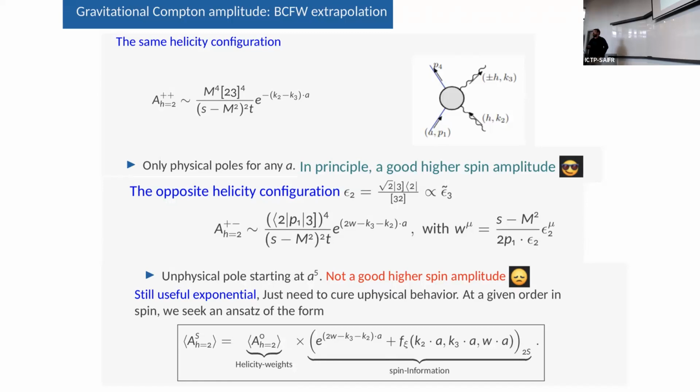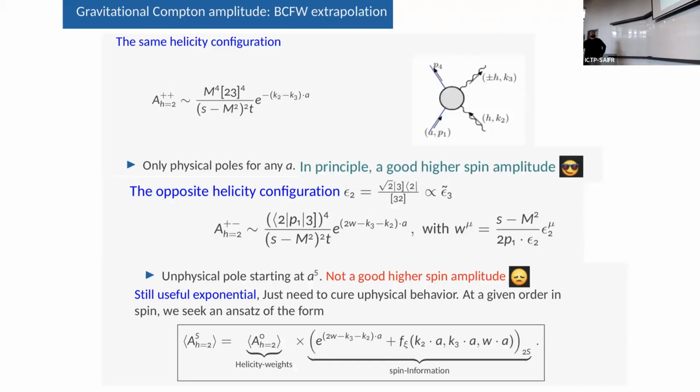And do you expect that to continue to higher spin? Well, it's hard to tell, because even though it seems to be simple, some things could happen, like the appearance of absorption, that could damage this very nice exponential behavior. So it's very difficult to tell what is the case. So that's the helicity reversing amplitude, with its very nice exponential.